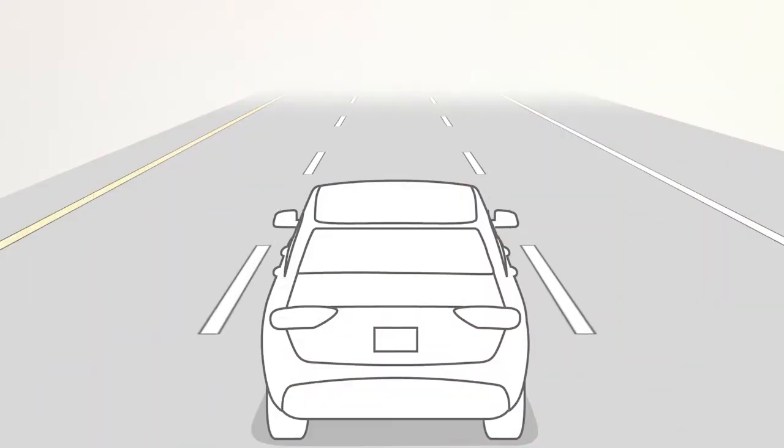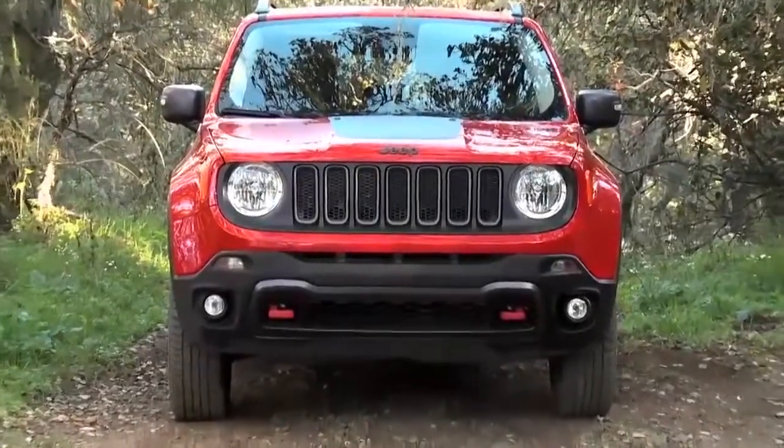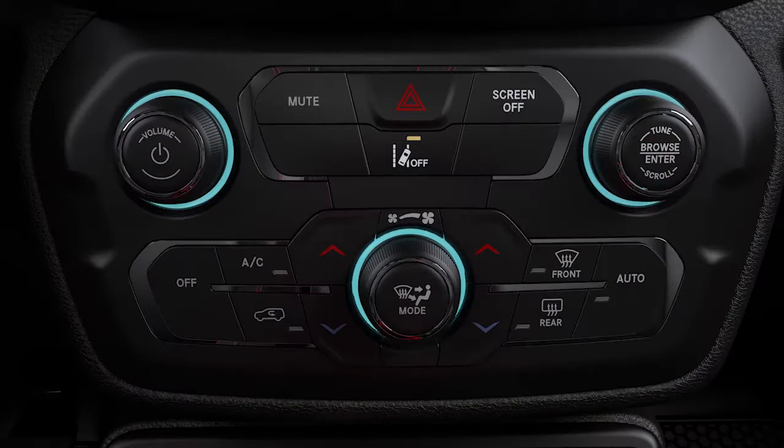If equipped, LaneSense monitors your position within lane boundaries. The system relies on a forward-facing camera to monitor lane markings and activates at freeway driving speeds. LaneSense defaults to off. To turn the system on, push the LaneSense button on the switch panel below the Uconnect